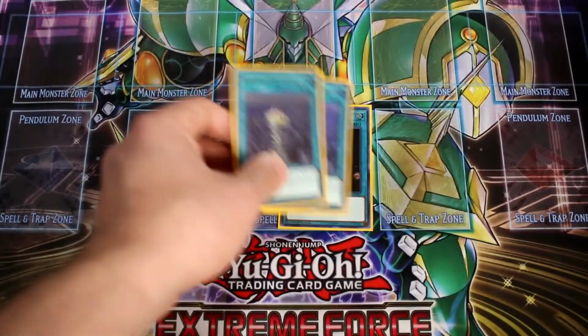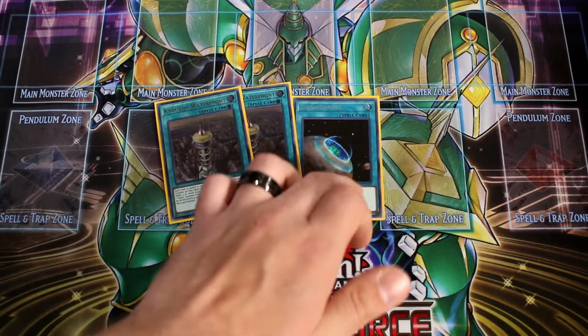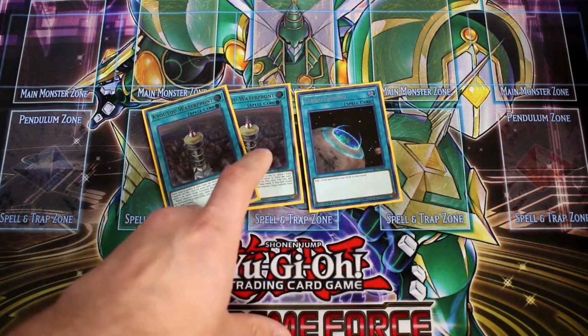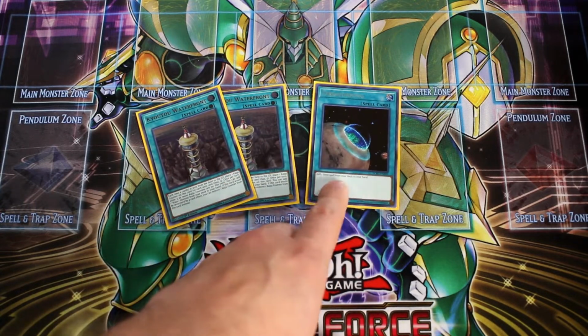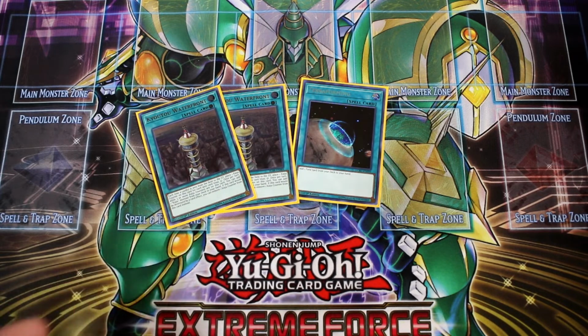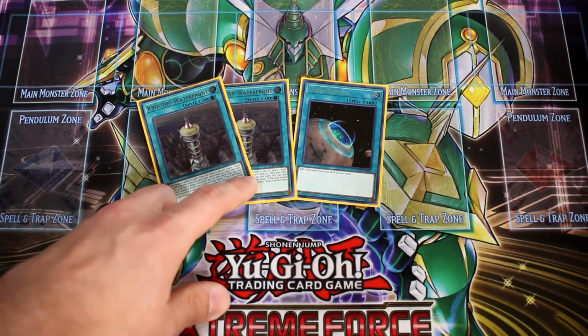All right, for the Kaijus, you run the 2 Kaiju Waterfronts and the 1 Terraforming. You don't want to run 3 Waterfronts and 2 Terraformings because essentially they're kind of bricks. And with this deck, you don't want to draw into things that you already have or have already seen. You want new things. You want extenders. And this is where these guys